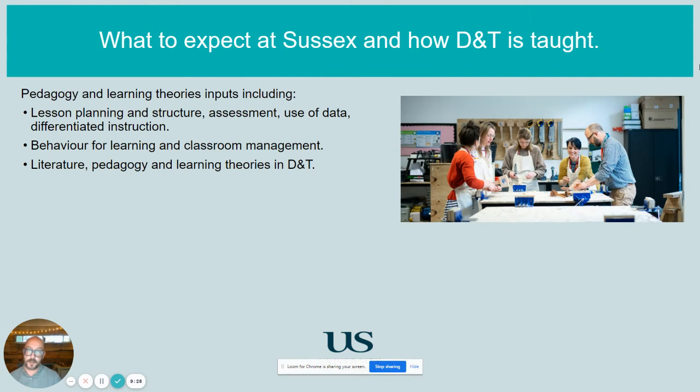and in preparation for some of the assessed work like the APK and the RPK, we linked some of the current literature, pedagogy and learning theories to the subject of DT, both to get you thinking about how you can link those in with your teaching, but also to help you in preparation for the assessments. So those two assessments, just as a reminder, the APK and RPK, but hopefully you've looked at those a little bit in some of the other information on the Sussex